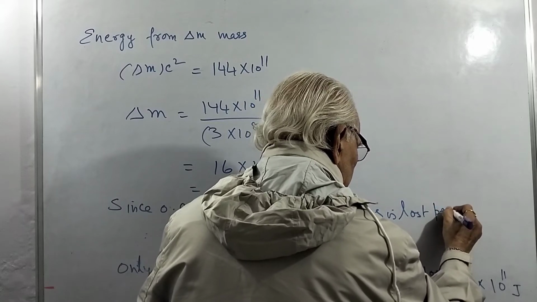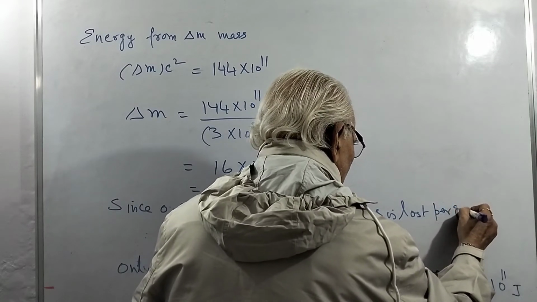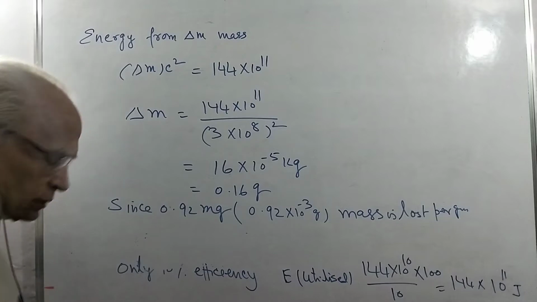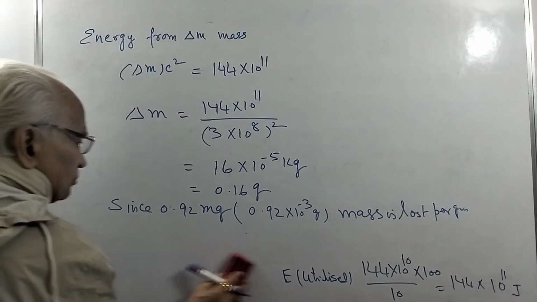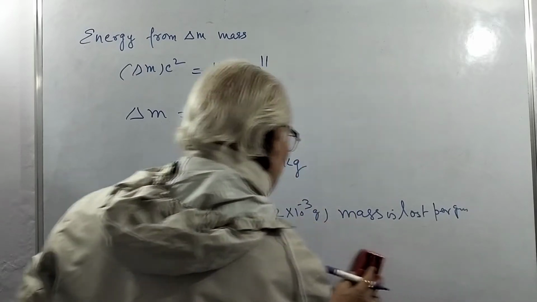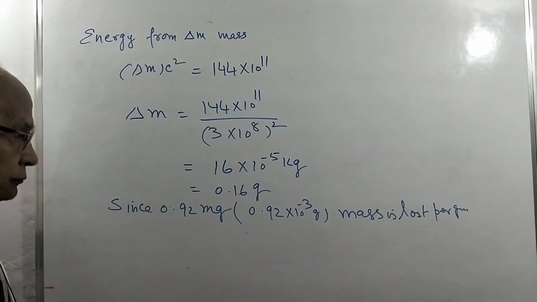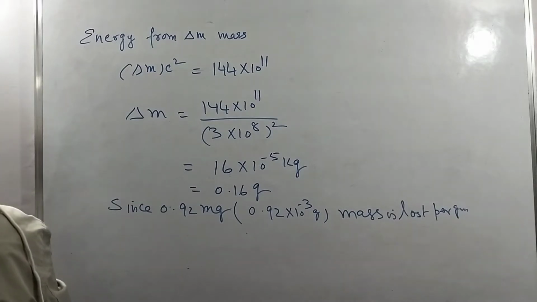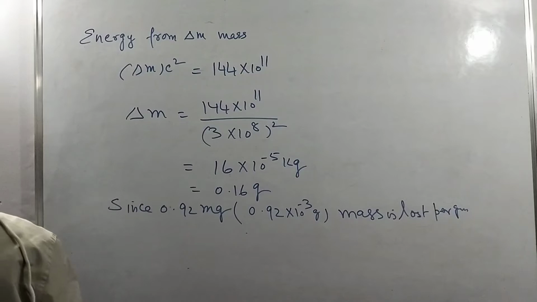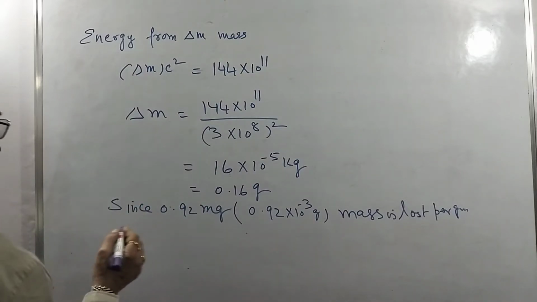Per gram. Out of 1 gram of mass, this much mass is lost in the energy production. Since only this much mass is lost, what does it mean? The minimum uranium required,